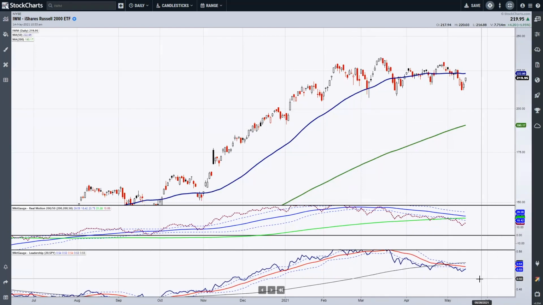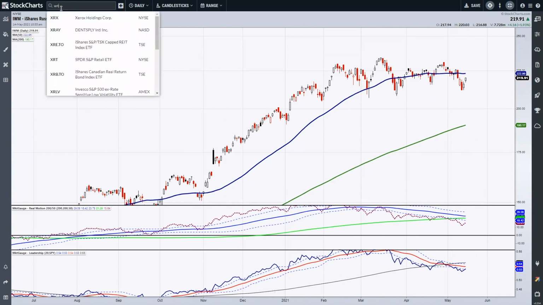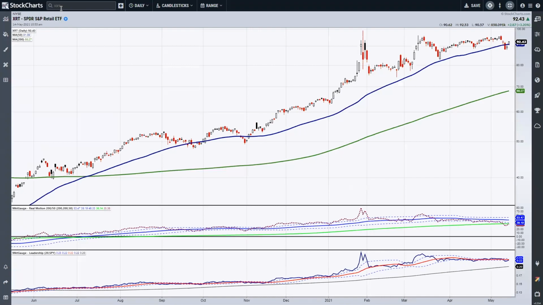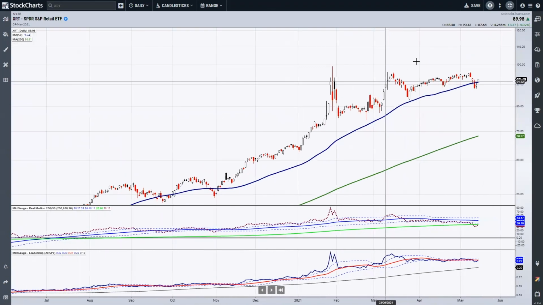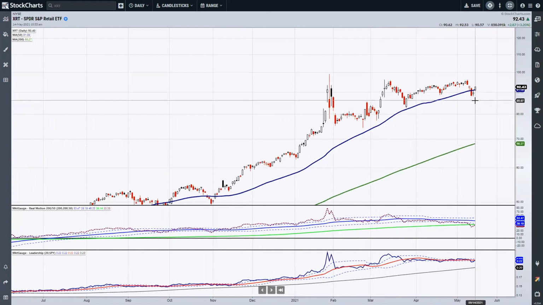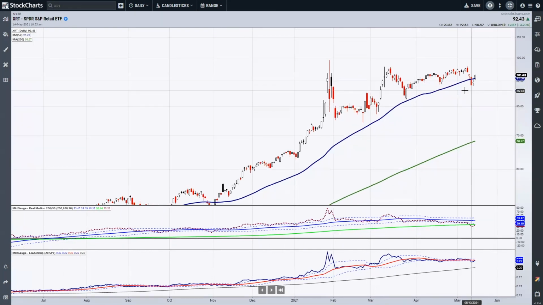Now, as far as the leadership against the benchmark, you can see that it's also not showing leadership. So this needs to prove to us a little bit more, which tells me that I wouldn't worry about fear of missing out at this point. If this is good, then come next week, we'll see it actually continue to stay firm and maybe tackle that 50. However, one of the better signs here is in the retail sector, which went into a confirmed caution phase again,